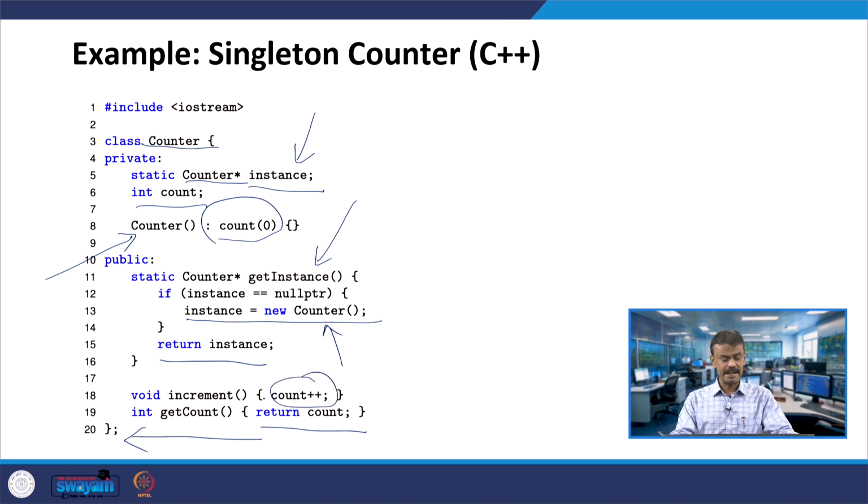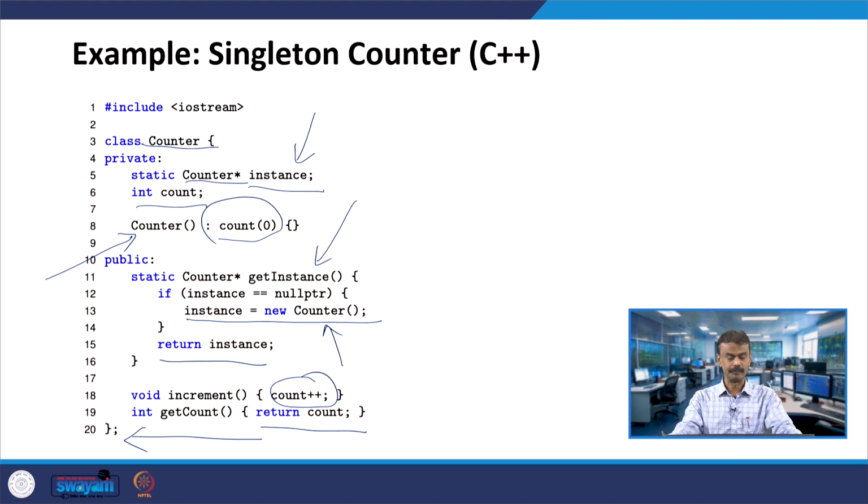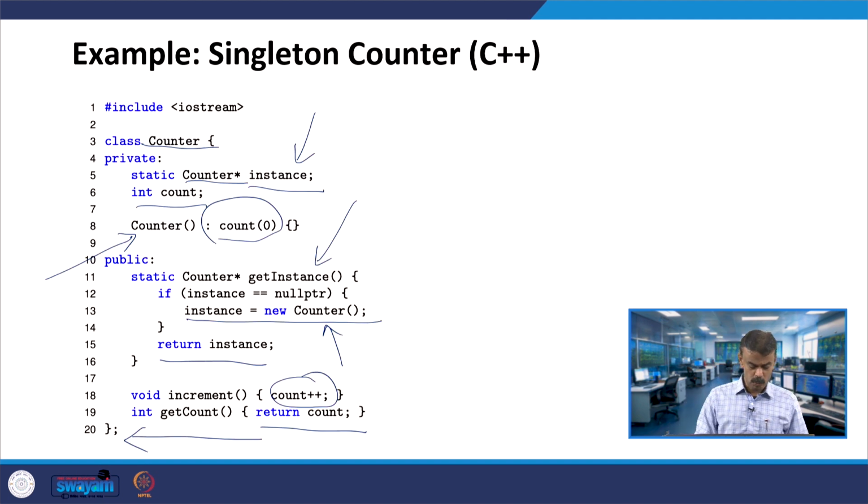When you create an object under Counter, in fact the pointer object, count is initialized to 0 because of line number 8. Now, the counter is invoking increment in line number 25, so count will be incremented by 1. Now count is 1.